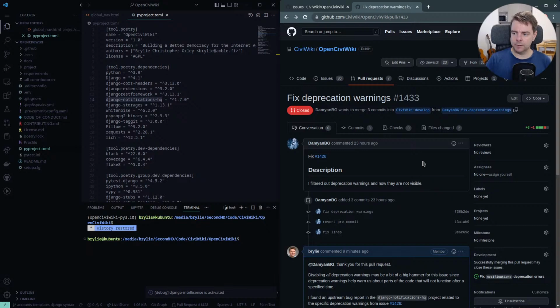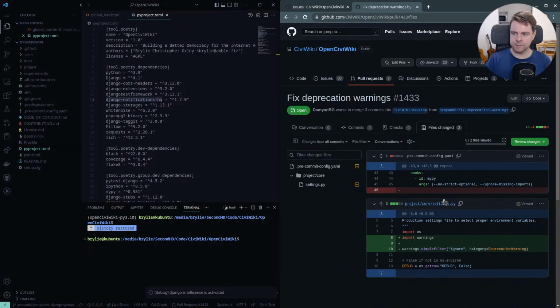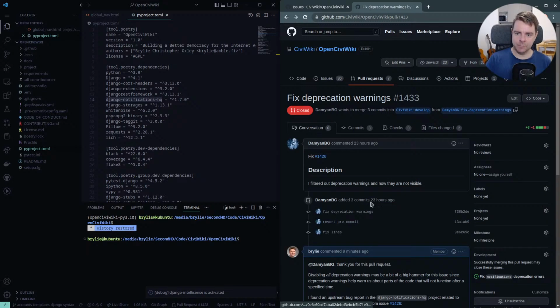I think that would save some time, and we need these deprecation warnings because they're going to tell us about stuff in the Django core and whatnot that is being removed in Django 5, and we want to have time to fix that code before it just hits our project. That's what the deprecation warnings are for. We don't want to suppress those. All right, cool.